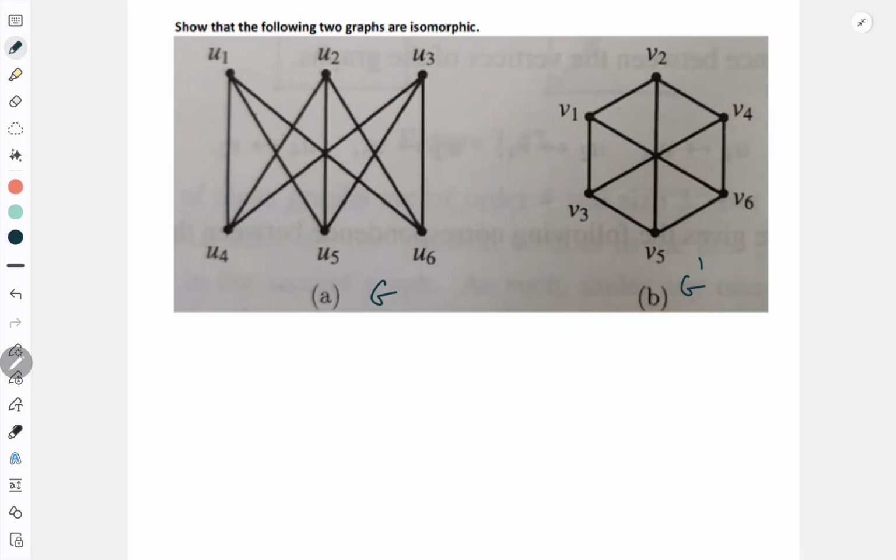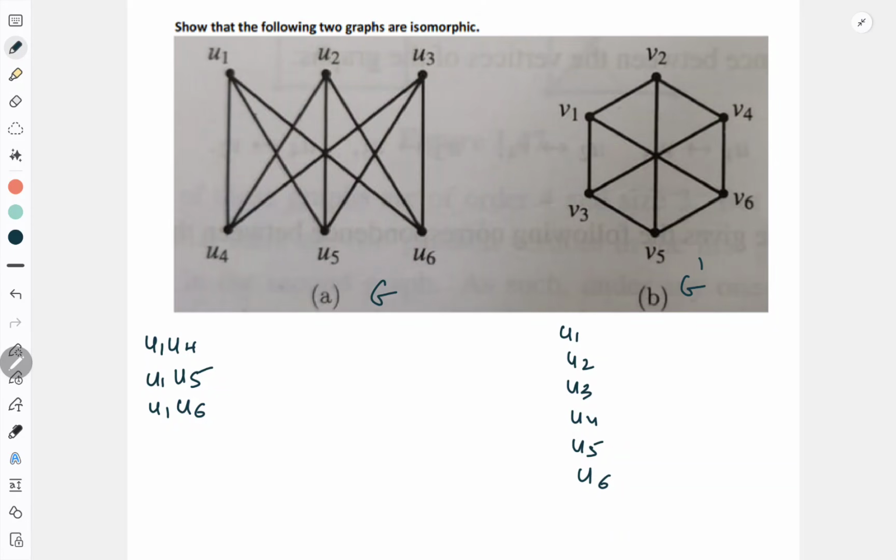So let us start here. Now I need to search for U1, U2, U3, U4, U5, U6 and U7. U7 is not there, right? So I need to search what will be, I should map U1 to which one. Okay, so let us start here. Now if I see, U1 is connected with U4, U1 is connected to U5 and U1 is connected to U6. If you remember, we have discussed this is K33. Okay, bipartite graph, complete bipartite graph K33, we have discussed this earlier.